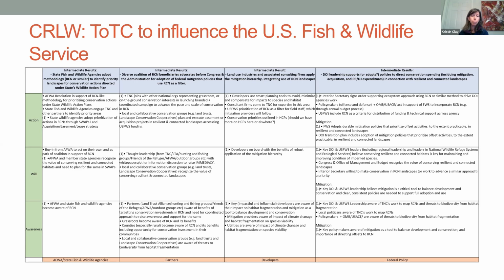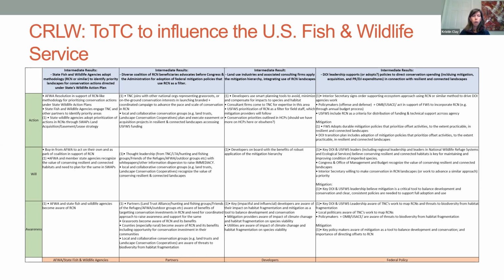So on the right, we have federal policy. Instead of markets, we have developers. And then we have a partners column and a very specific AFWA, and I'm going to forget what that stands for, but it's the state fish and wildlife agencies. So that's across the bottom, and then we did have our intermediate results at the top,